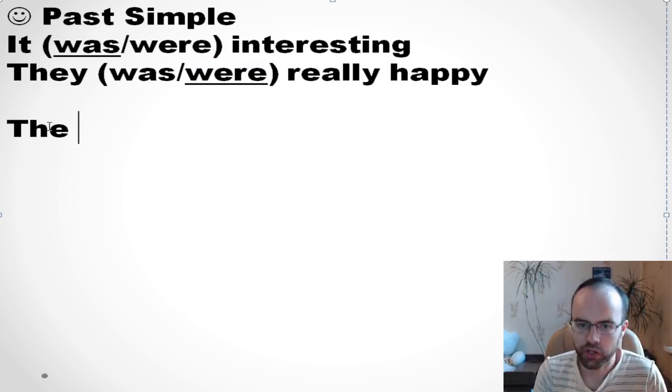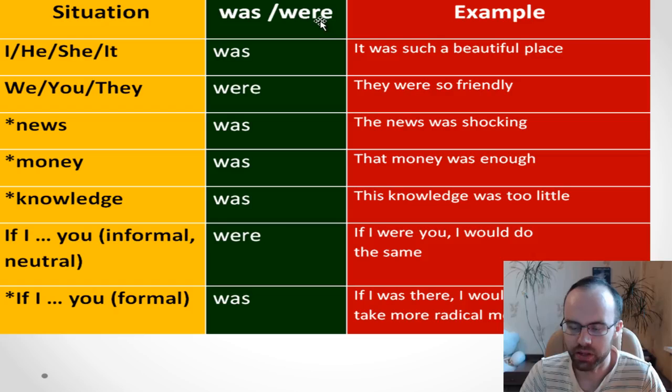Okay, let's look at this slide, let's look at this table, and let's try to understand everything more clearly. Some things are very simple. For example, if you see I, he, she, it, so you